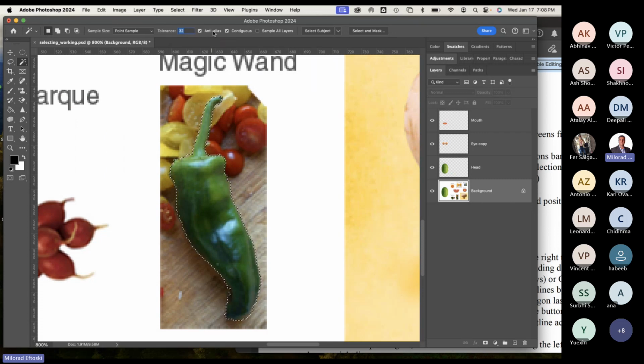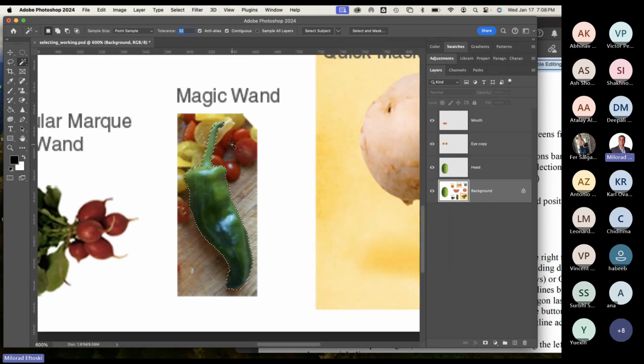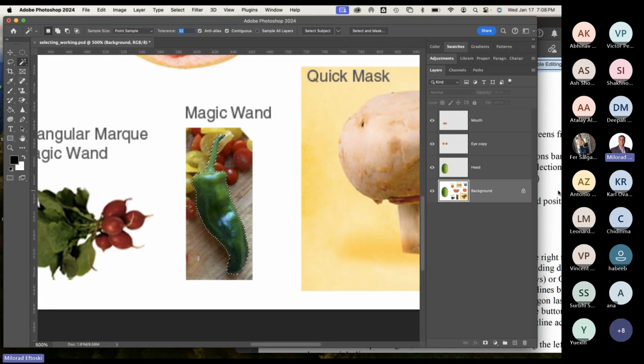The defaults are anti-alias, which means the edges are nice and smooth. Contiguous means it's constraining itself to the color that we're selecting, and we're not sampling on the layer. So everything is just kind of set up like this. All right. So once we selected the green pepper, we're ready to now go ahead and